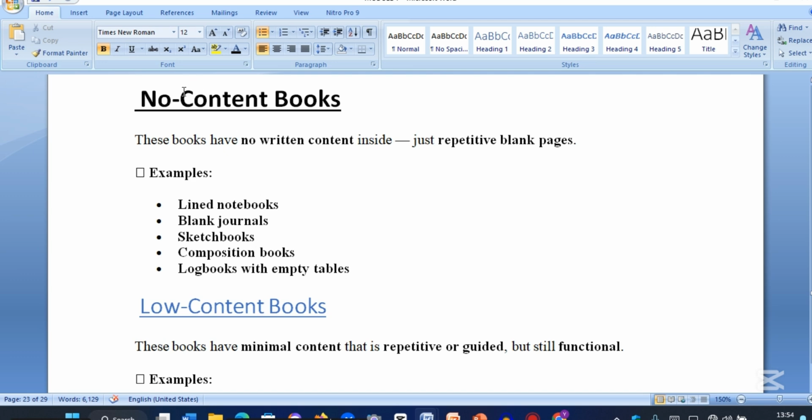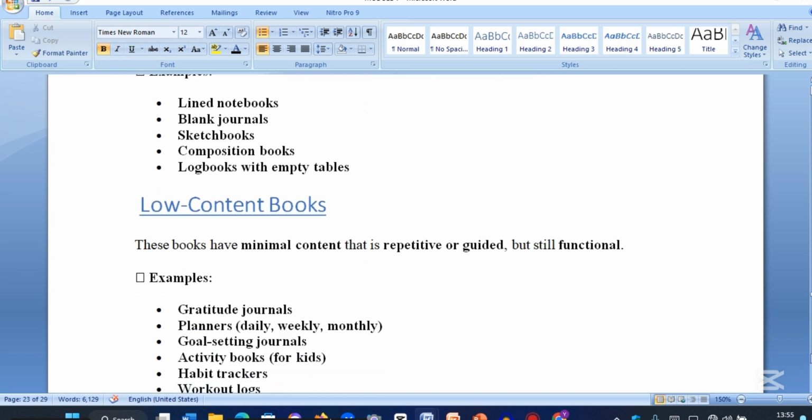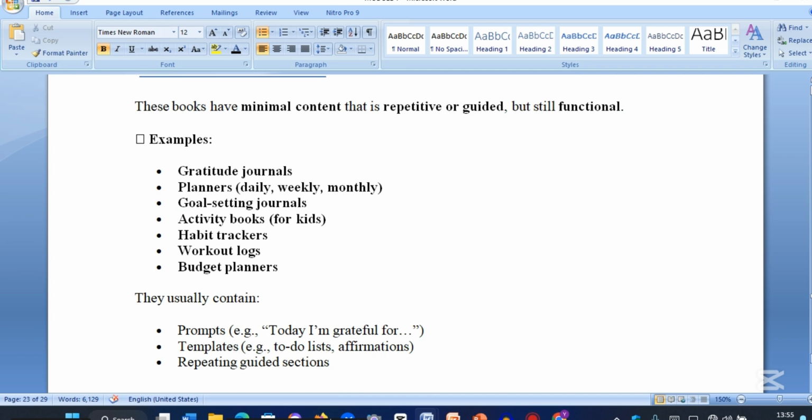So when we talk of no content books, they contain no written content at all. You're not writing anything. If it's a blank journal, it's just blank pages. A sketchbook, just blank pages for sketching. As simple as that. But now, when we talk of low content, they have minimal content that is repetitive